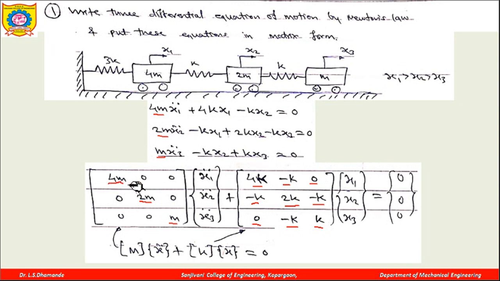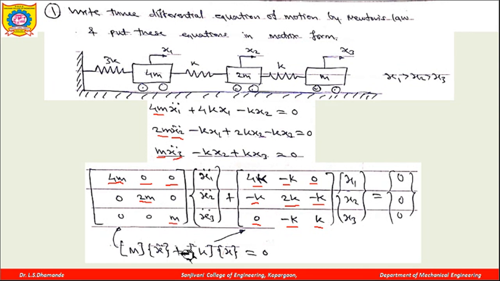Similarly, this is the first row, and now this is the column of the acceleration vector. In the first equation, actually there is no term of x2 double dot and x3 double dot, and therefore the coefficient of those is written as 0. It means when I multiply this row and this column, I will get only one term, that is 4m into x1 double dot, because the coefficients of x2 double dot and x3 double dot are 0. So in each of these equations only the specific term is there, and I am writing 0 for the other coefficients and the coefficient that is there.